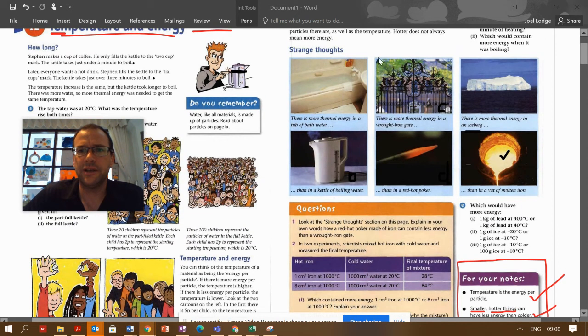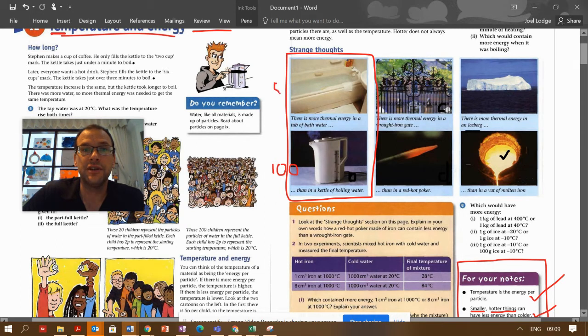So we'll give an example here. This bath of warm water actually might contain more thermal energy than the kettle of boiling water. So the kettle might be at 100 degrees. The bath might be at 50 degrees. It might be quite a hot bath, actually. However,